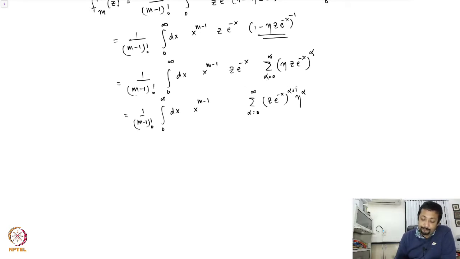alpha plus 1, and then I can change the indices. Integral from 0 to infinity dx x to the power m minus 1, so that I can write alpha plus 1 is equal to, let's say, alpha prime, so that alpha is alpha prime minus 1, and when alpha is equal to 0, alpha prime runs from